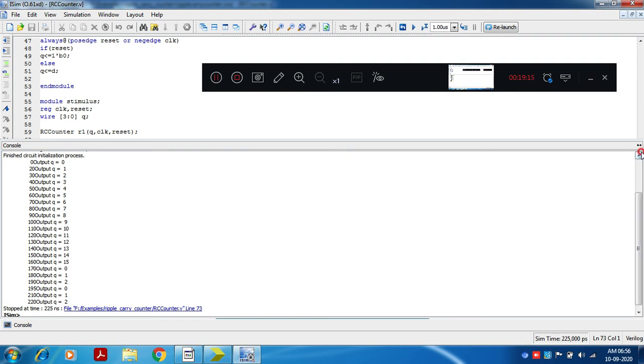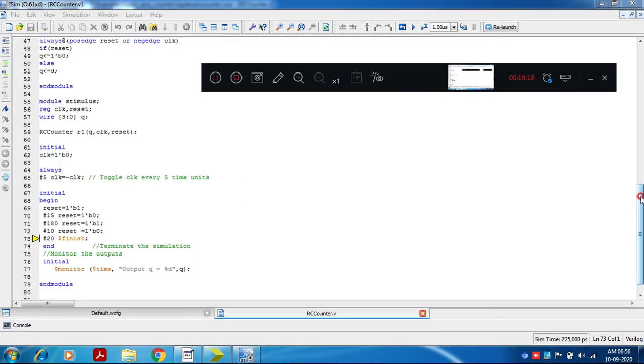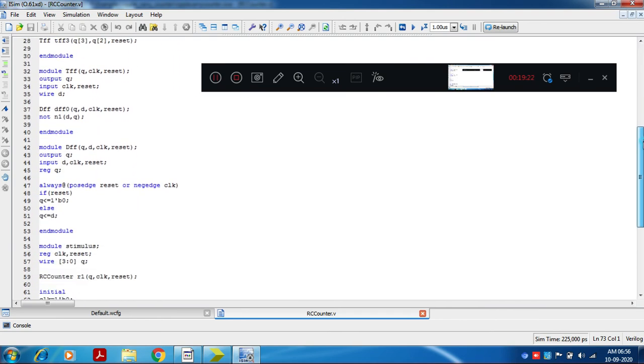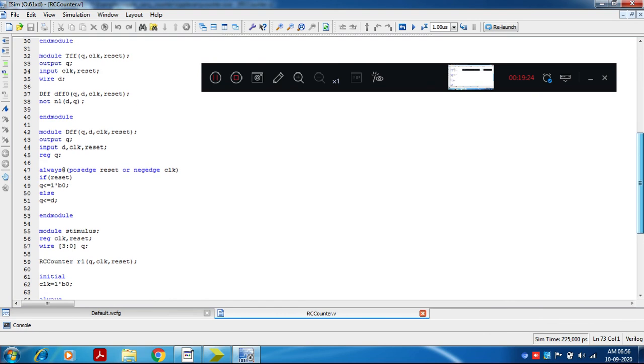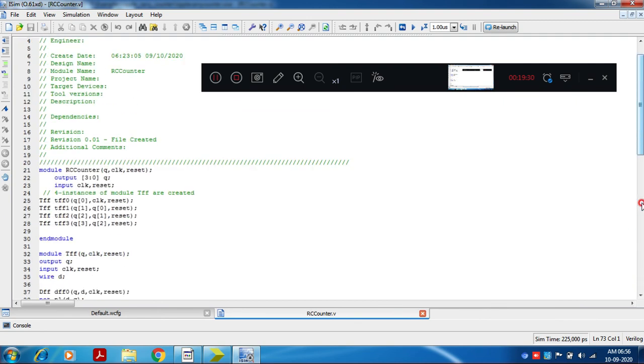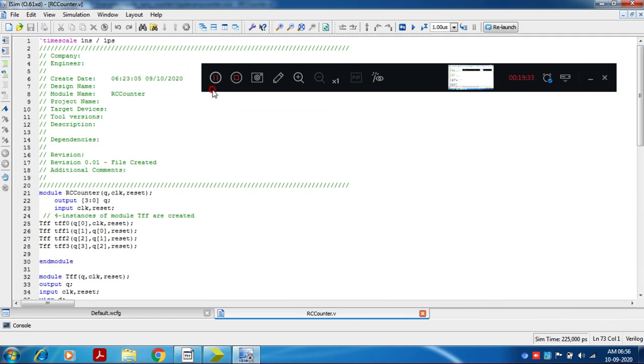If I take a quick glance at the coding part, we have the RC counter, TFF, DFF block and a stimulus block. Okay, thank you. We'll continue in the next class.